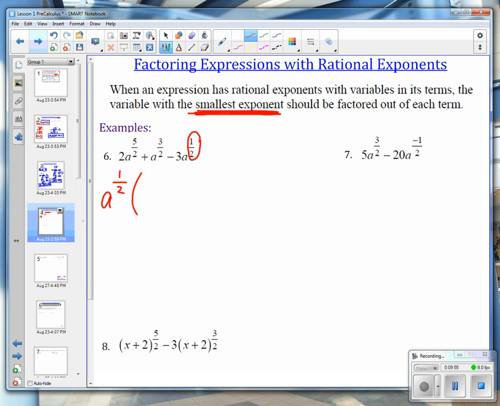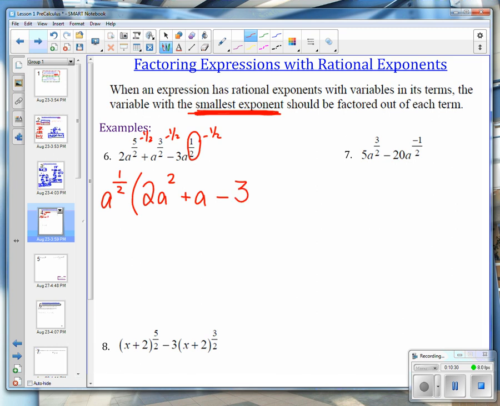And now what we're doing is we're dividing every term by that. And if you guys remember, how do we divide exponents? We subtract them, right? So everything here, basically I'm subtracting a half from it. Okay, so I'm going to take my 2a, and now I've got 5 over 2 minus 1 over 2. Well, that's going to be 4 over 2, which would just simplify to 2. Then I've got plus a, and 3 over 2 minus 1 over 2 is 2 over 2, which is 1,